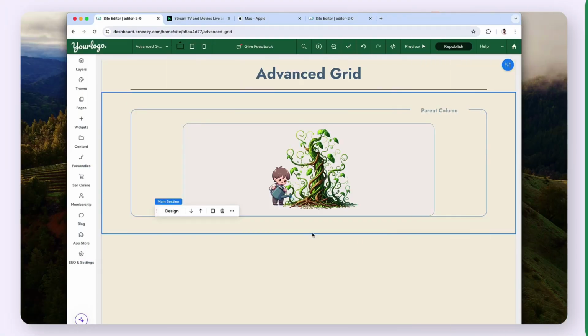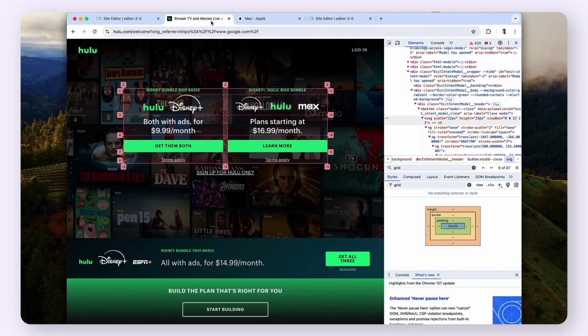Going to continue to explore overlapping widgets within an advanced grid. But the primary focus of this lesson will be understanding the grid system, which is crucial for creating more intricate designs. By getting a good grasp of the grid, you'll learn how to build and organize more complex layouts. Before we dig into that, though, I want to show you a couple of familiar websites that use the grid